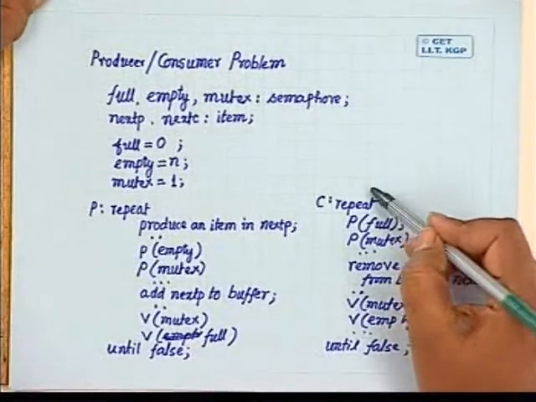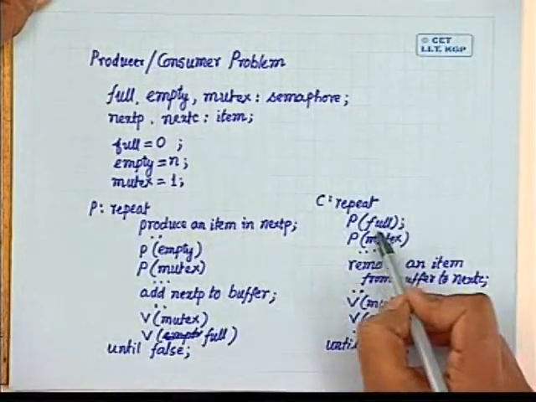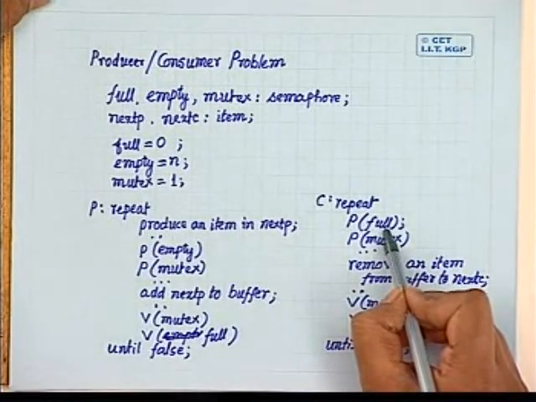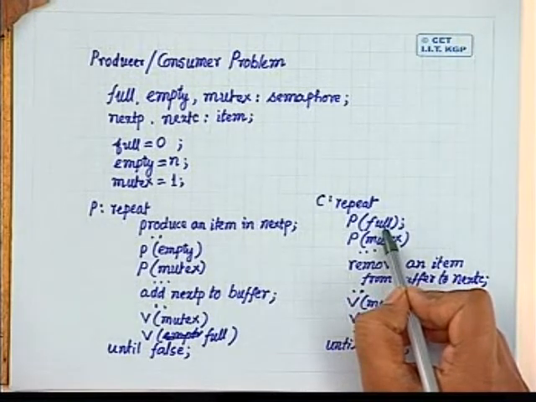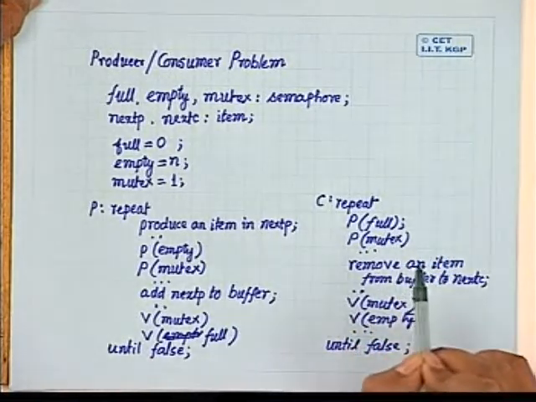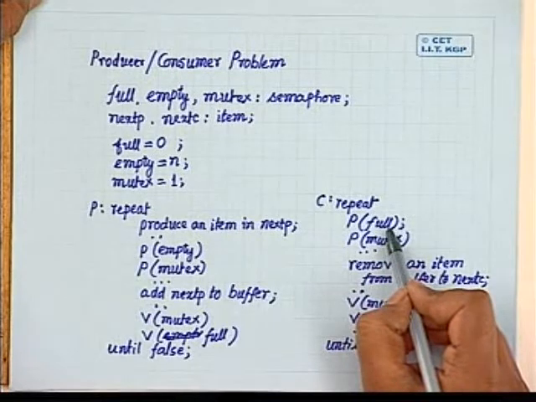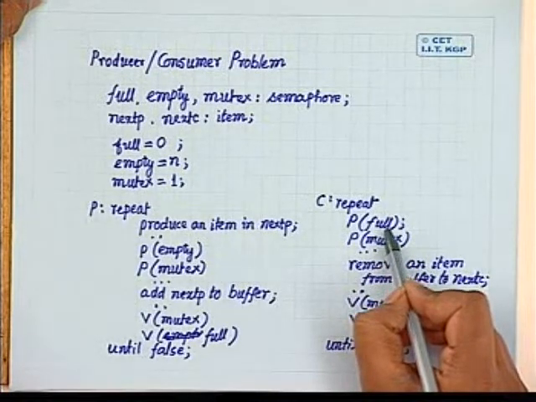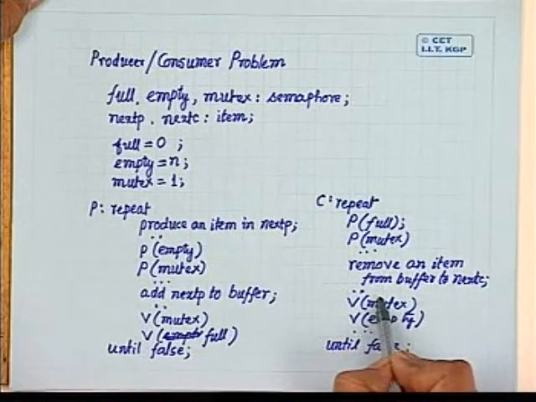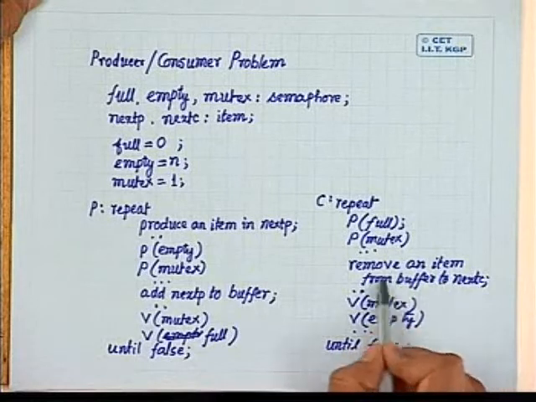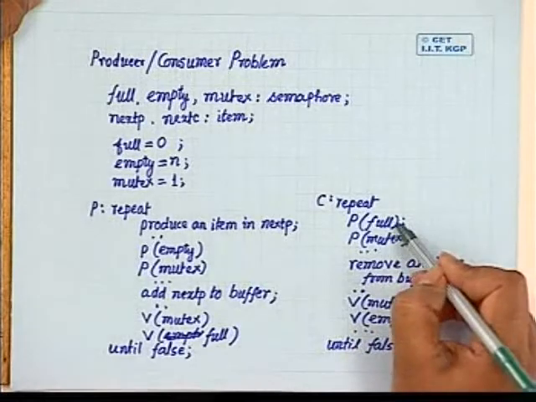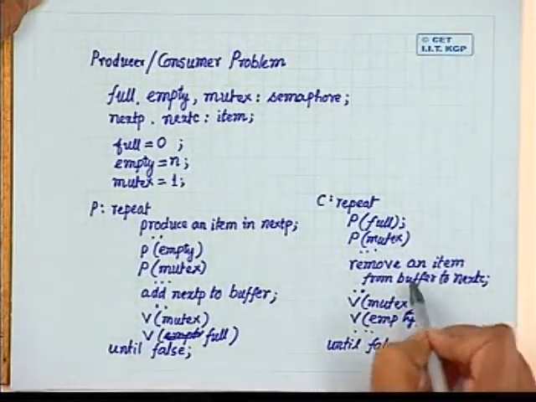Similarly, for the consumer process, it has to perform the P full operation, because if the integer value of this variable full is less than 0, that indicates that there is no element in the buffer to be consumed. So the consumer process has to be blocked. So it performs the P full operation. After that, again P mutex and V mutex, this pair of operations ensures that access of the buffer is mutually exclusive. If both P full and P mutex operations are successful, then only the consumer process will